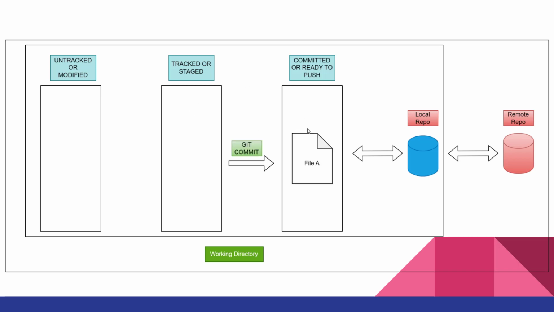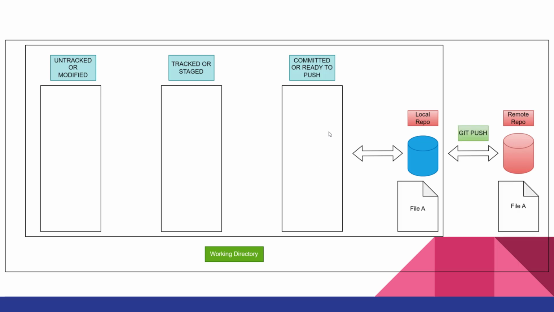Once we have committed changes, we need to push the changes to the remote repository. And once you push it, it will be available in your remote repo and in your local repo as well. It is also not the case that once you push file A to the remote repository, you cannot do any modification. You can modify at any point of time, and you need to repeat the process: git add, git commit, and then git push. That is the major advantage of using Git as a version control system. We can track the changes made at any point of time.